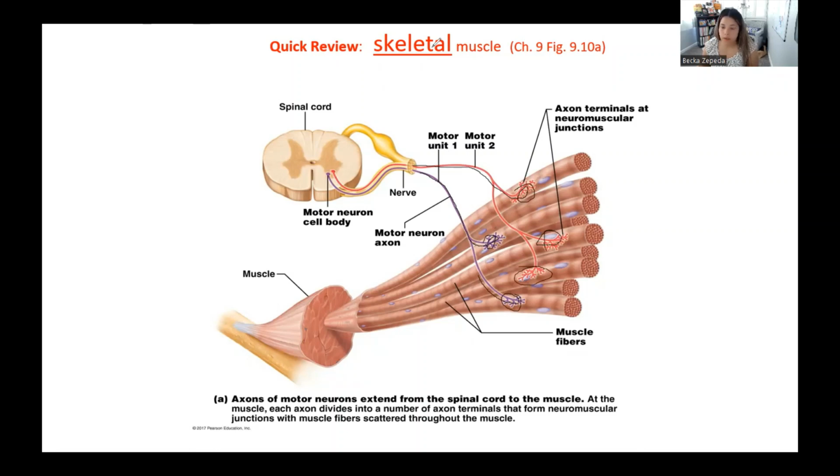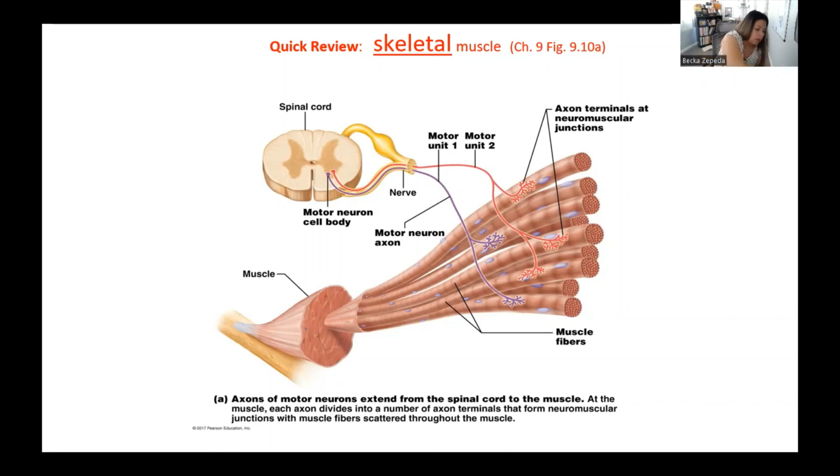If you don't remember what a motor unit is, go back to your Bio 32 lecture notes or your textbook and review it. But this allows for differences in the amount of contraction coming from a single muscle. So if I were to pick up something pretty light like my glasses, I may be only recruiting a few of the muscle fibers in my hand and my forearm. But if I were to pick up something heavier, like this little heater that I have next to my desk here, this is much heavier,